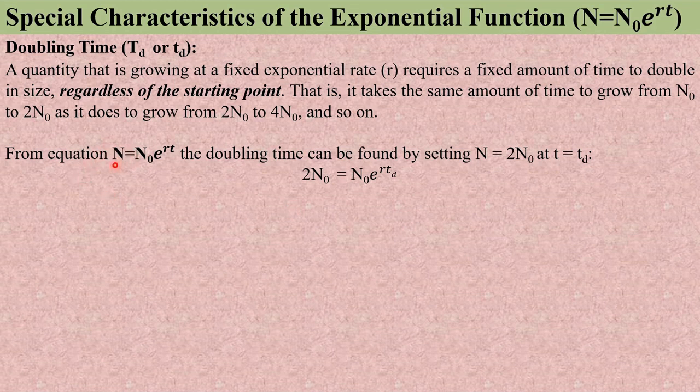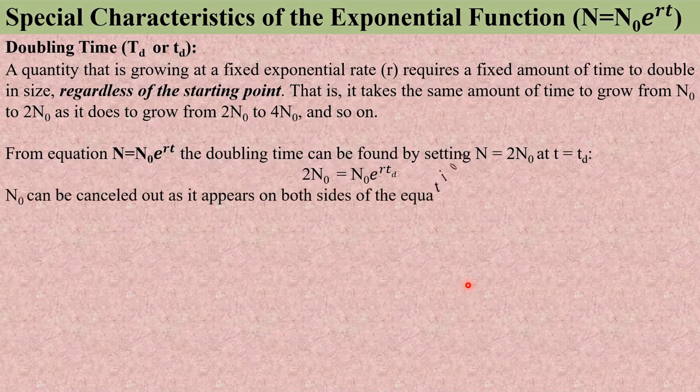So 2n0 is equal to n0 e to the power rt_d. So we put the final amount N here as 2 into n0. Now we cancel n0 from both sides, then it will appear 2 is equal to e to the power rt_d. So here you can see that the length of time required to double the quantity does not depend on the starting